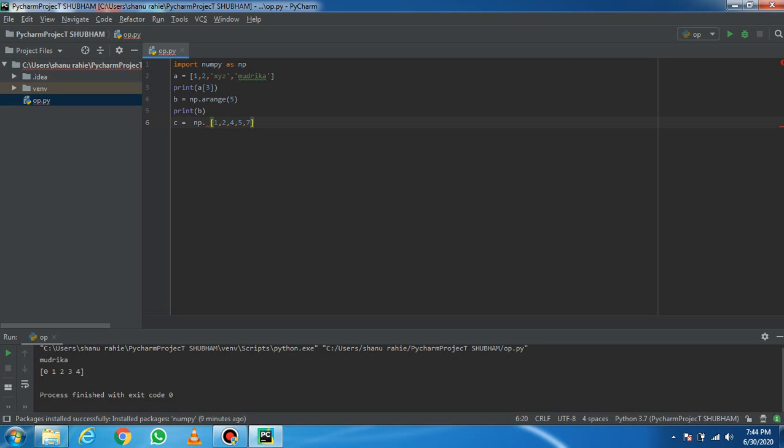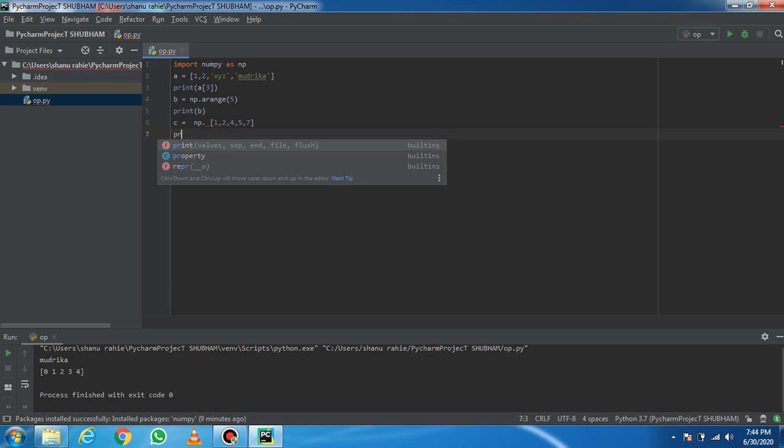Clear? Now print C. Clear? Now we are going to run this program.